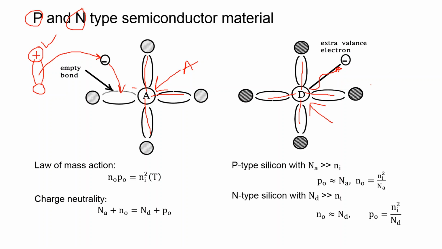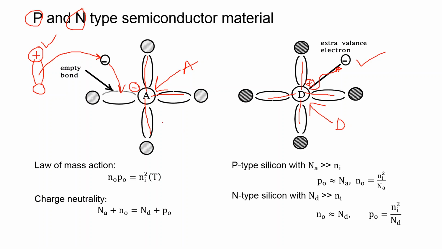Since initially this whole structure was electrically neutral, now that an electron has left this position, a positive charge will appear on the donor atom. So if n number of donor atoms are added, n number of electrons will be liberated. But as you can see here, the holes are created, but there is some charge here, and this charge is not free charge because it is attached to the atom. So negative charge appears across this acceptor atom and positive charge appears on the donor atom, which is not free to move.